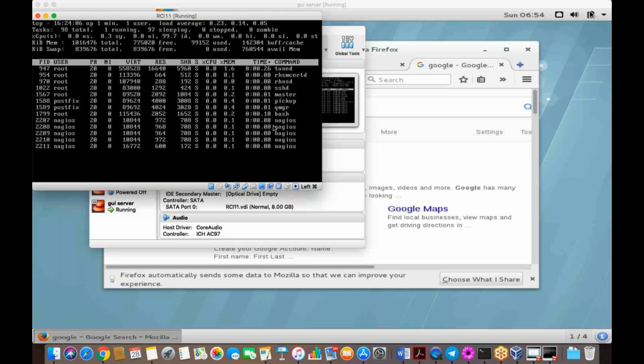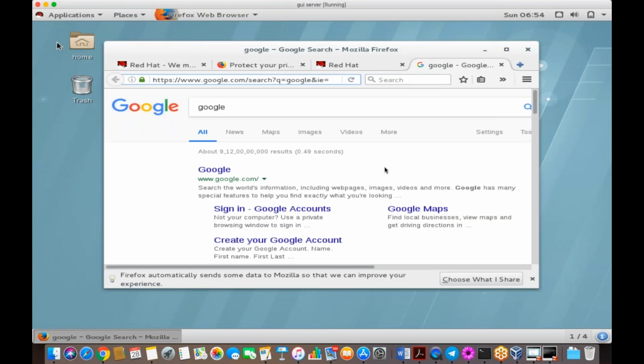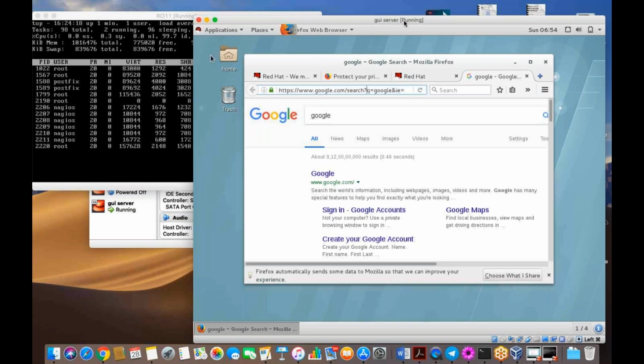Now we can see our Nagios is started here. So what we do next is I have another VM in the same environment, and I have to access from this. So this is my other server, and I am going to type